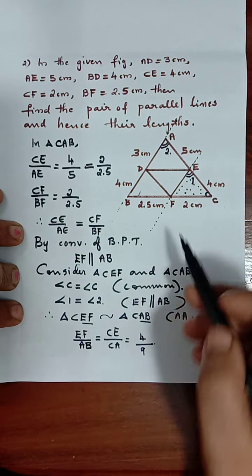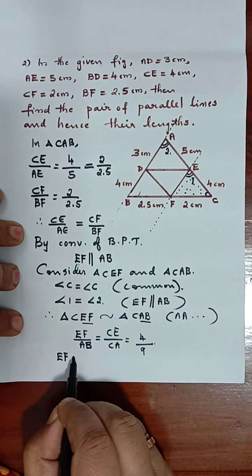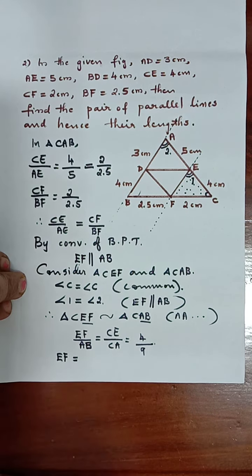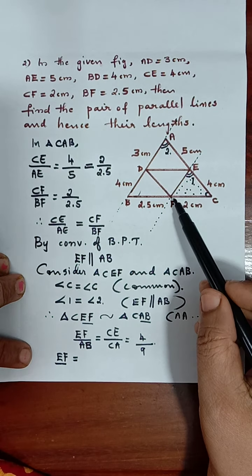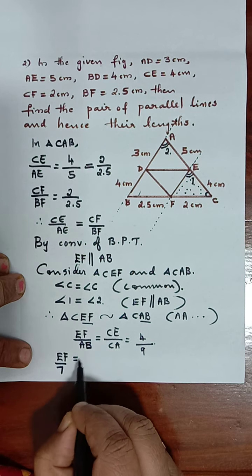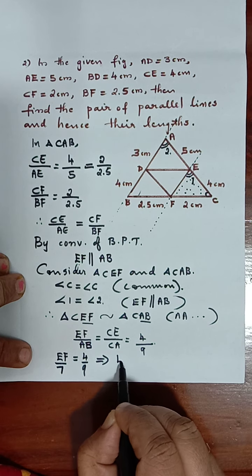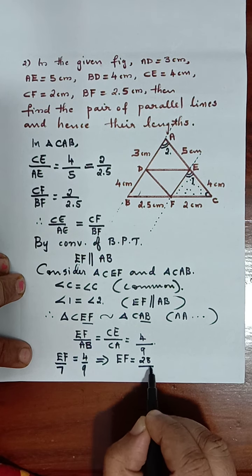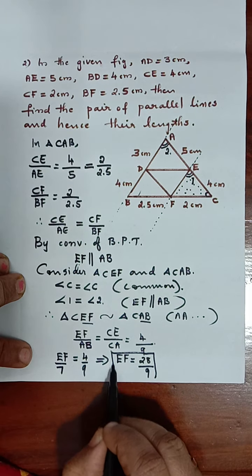So we can write the corresponding lengths. Even if it is a ratio, we can write it as the length. EF will be equal to 4 units, or 4x units we can say. Here AB is already given, so we are going to substitute EF by AB. EF we do not know. AB is 3 plus 4, that is 7. That's equal to 4 by 9. If we write like this, now take EF. This implies EF is equal to 7 times 4, which is 28, divided by 9. Our EF value will be 28 divided by 9.